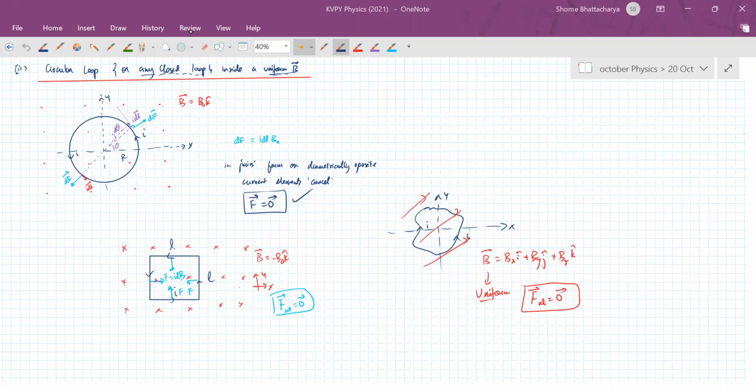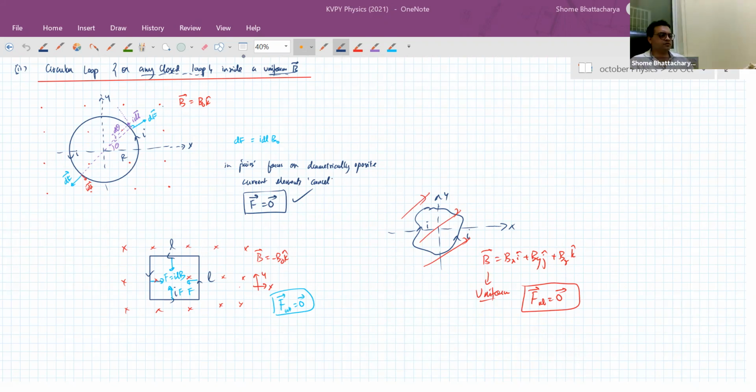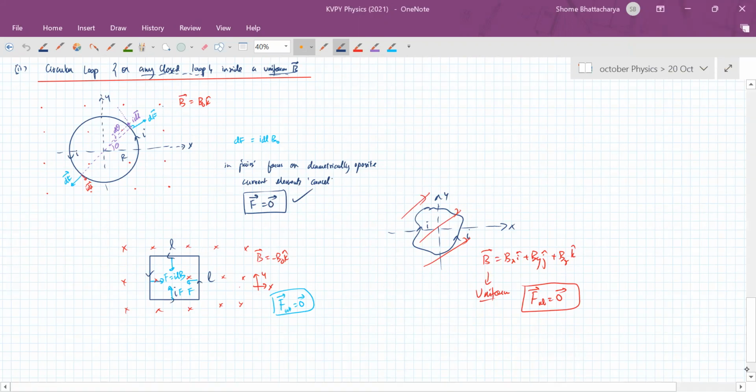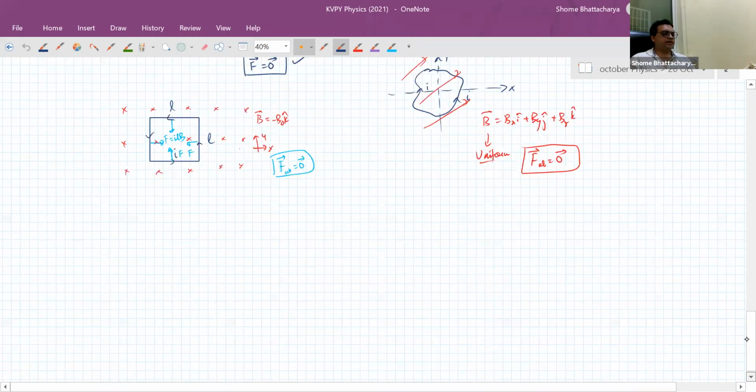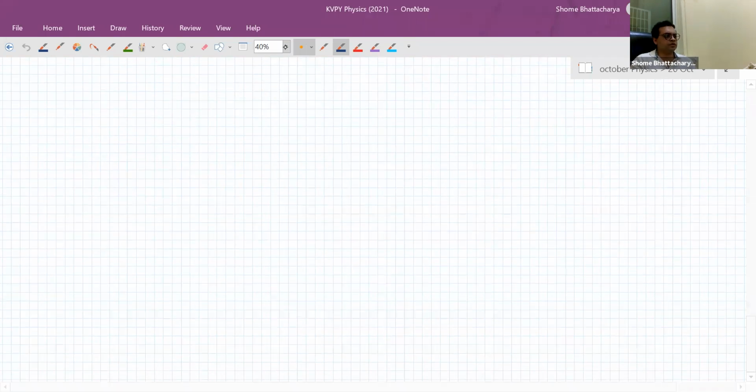So it would be zero, or a null vector, like when the current elements cancel. A null vector is a vector of zero magnitude. What would be its direction? Now sometimes we make use of this indirectly. That's why this theorem is important: if you have a closed loop, the net force on it will be zero.